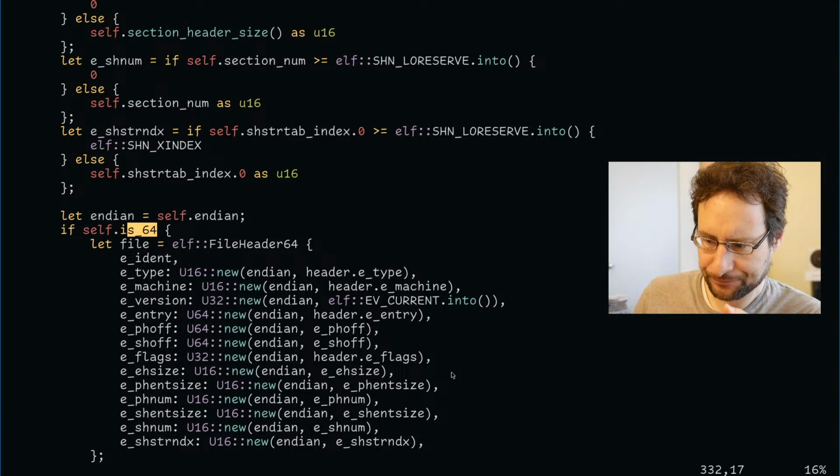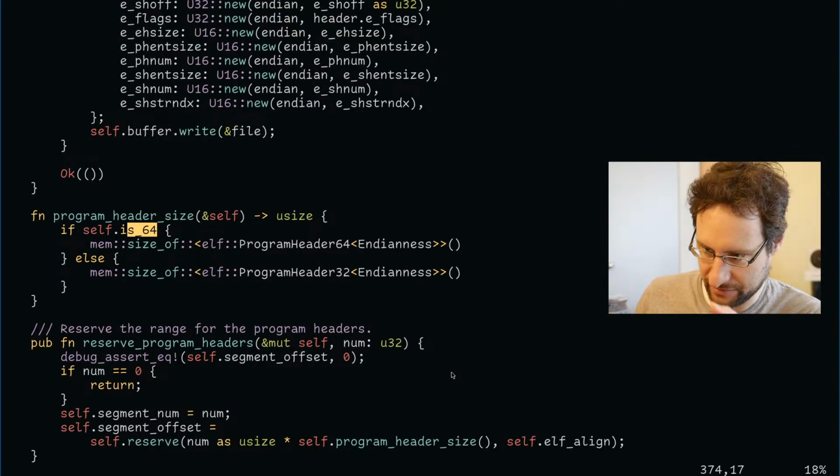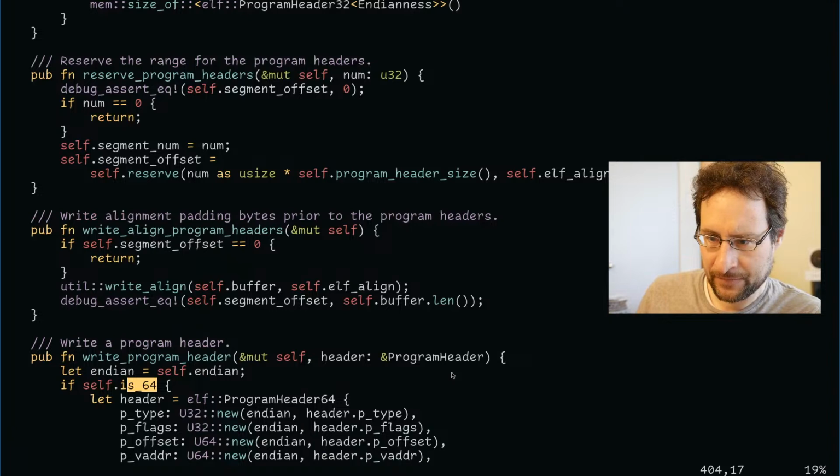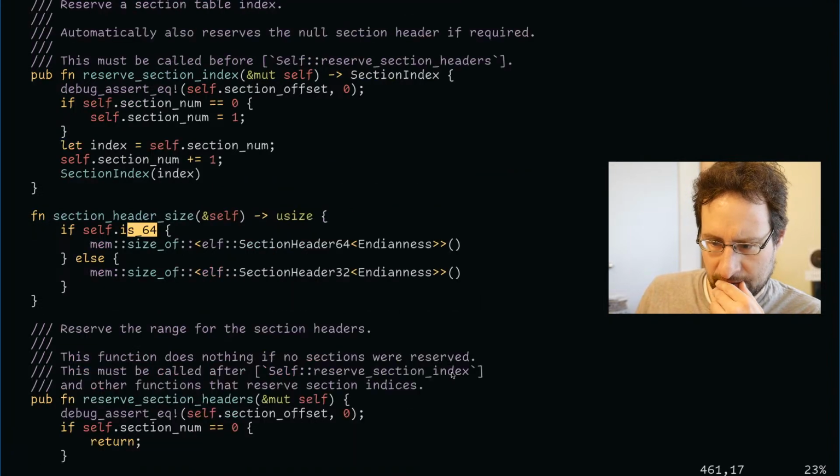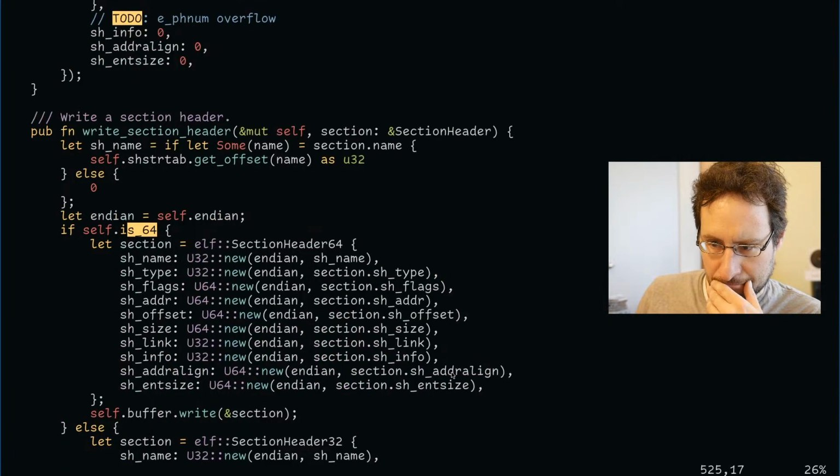So the problem is, now I need to continue to review this code. As you see, all these offset sizes and stuff are written in 64 or 32-bit, obviously, for all the segments. Write a section header.